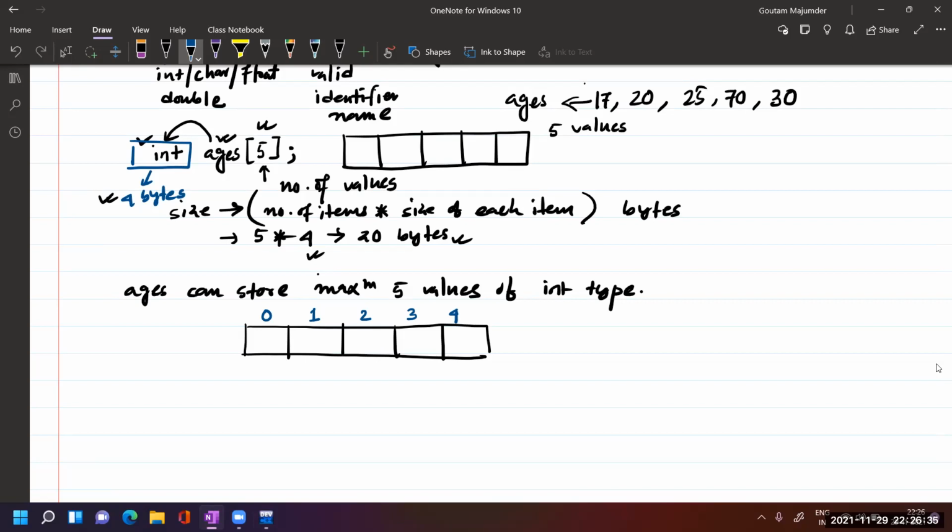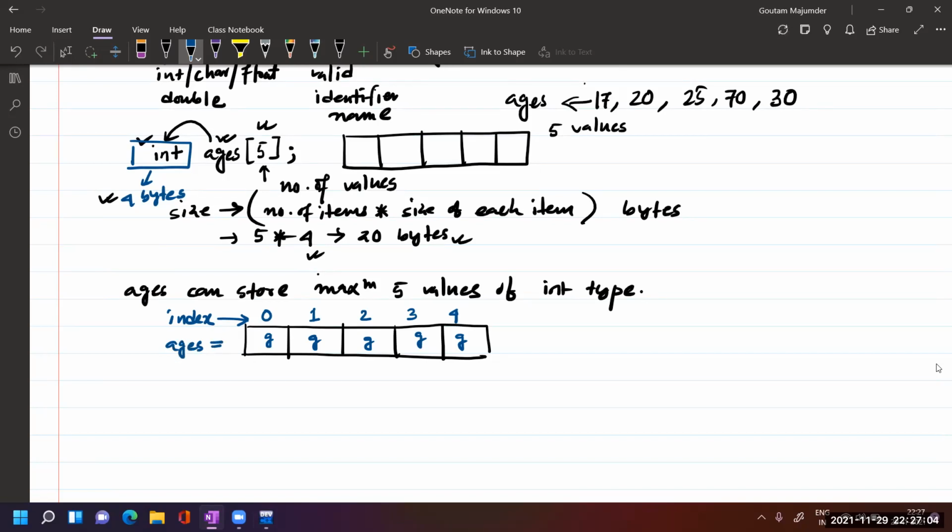By identifying the location, correct? This is called the index. Their location. As of now there is no value, so the values will be garbage, because ages is simply declared, not initialized. So I'm taking a garbage value as of now. Garbage. This is the index. The name of the array is ages.